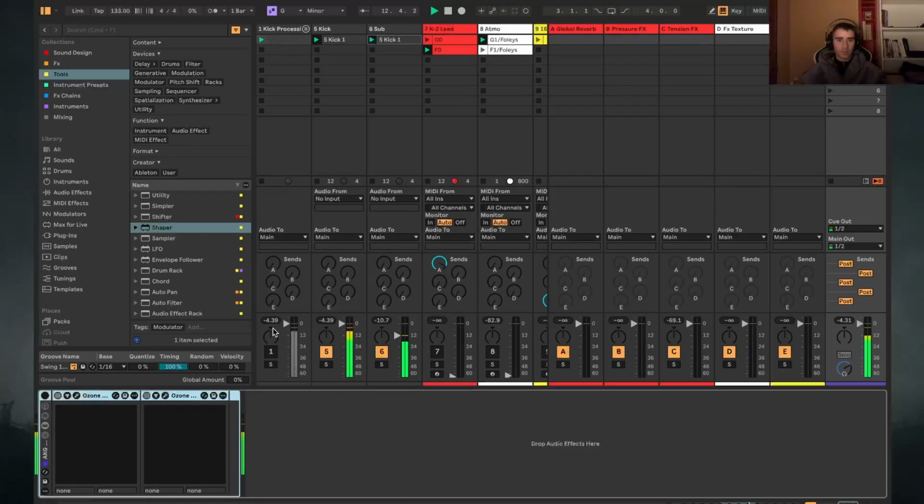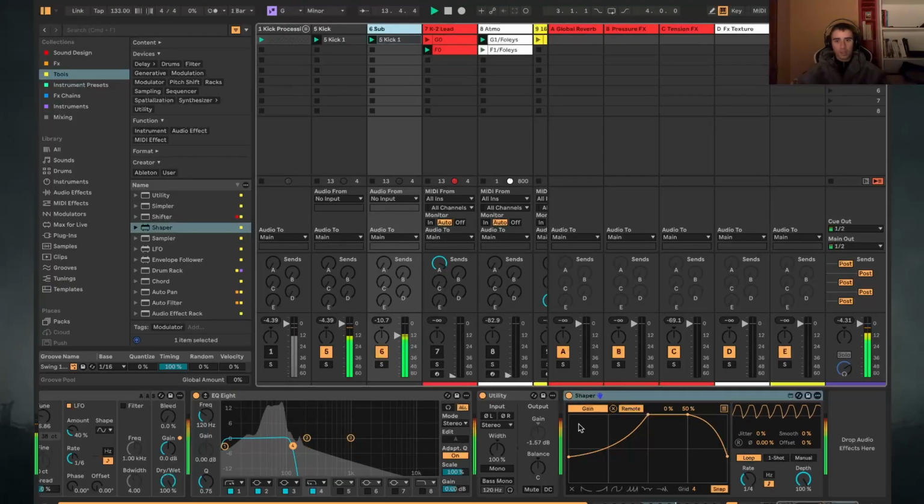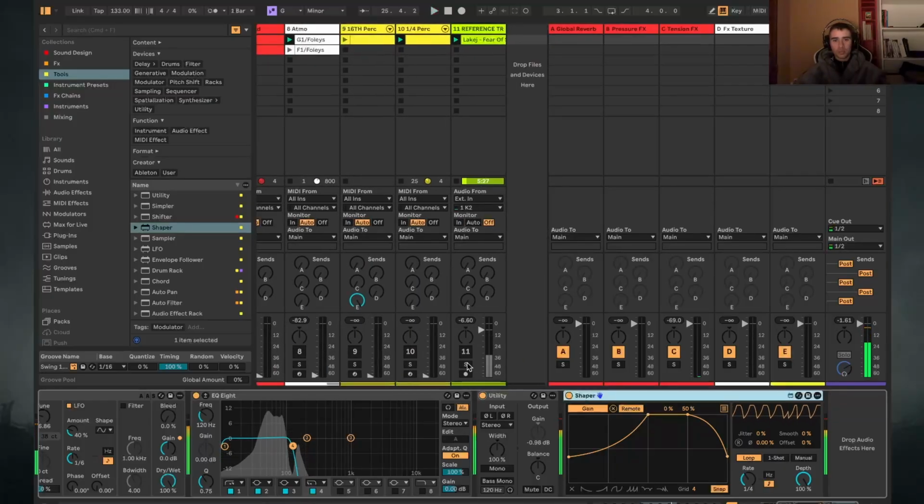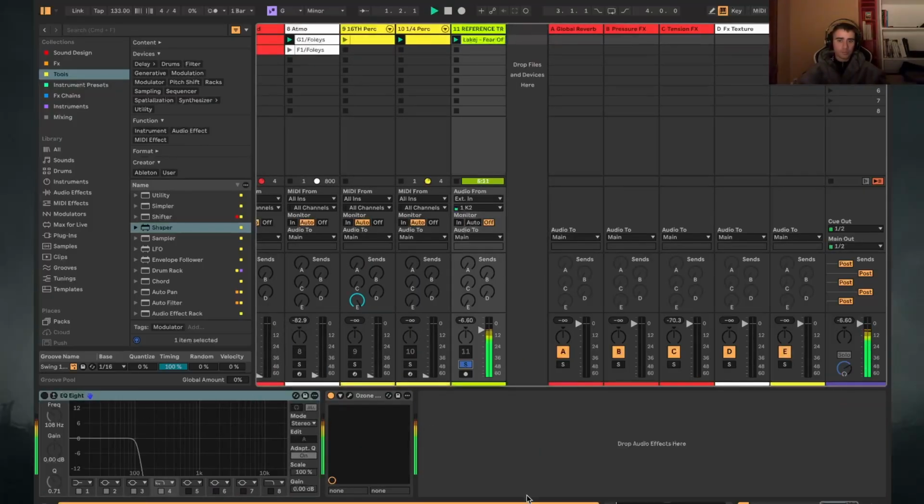Okay, I'm gonna check the mix. For example, without the shaper, see, the kick is more muffled. This gives room for the kick, okay? For example, if we listen to our reference track,